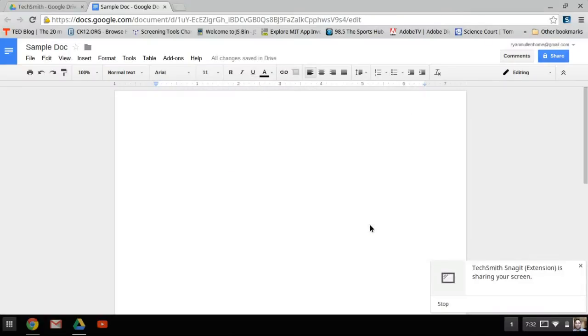I always click on internal display because if, for some reason, I exit out of the doc, the capture will stay with the cursor and not the tab. Once you click that and then share, down here it'll say that the extension is sharing your screen. We are now in the app for Snagit, so we are in the Chromebook,